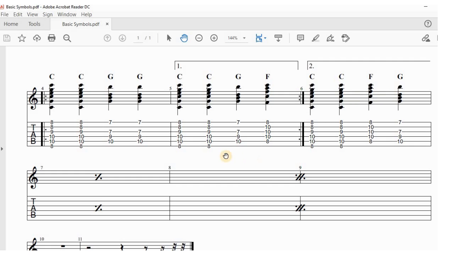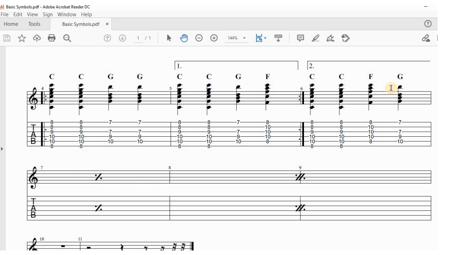So if we were to play this in a musical piece, what we should be playing, obeying all the symbols, would be C, C, G, G, C, C, G, F, C, C, G, G, C, C, F, G. So we'd play the fourth measure, followed by the fifth measure. We go back to the fourth measure, we skip the fifth measure the second time around and go to the